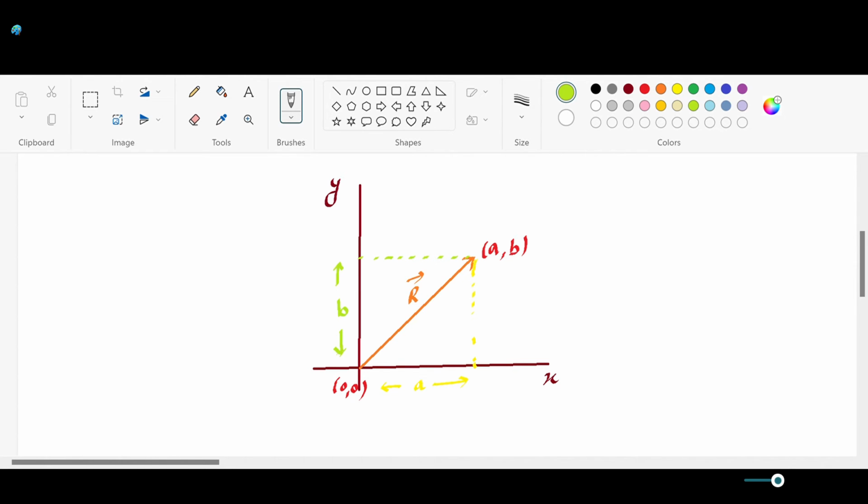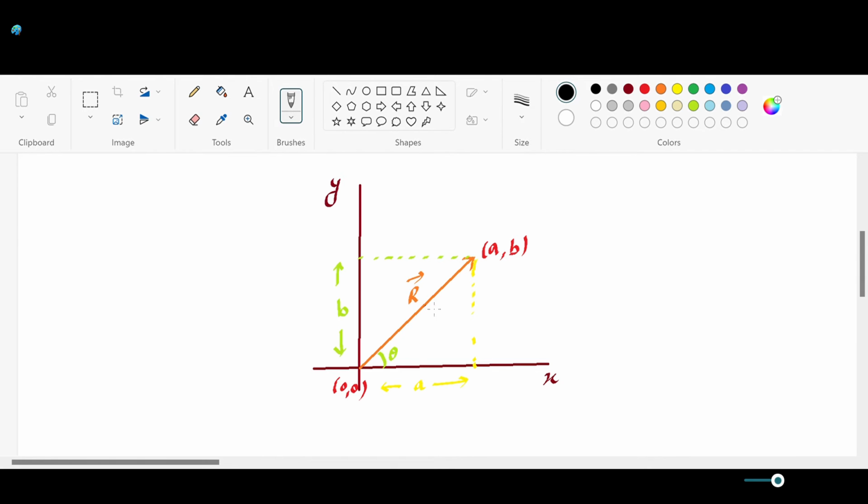Now we can represent this r in terms of a and b. But before going into that, let me say that this is angle theta, the angle of the given vector r with the x-axis. Then we can represent a and b in terms of r and theta. All of you must be familiar with the polar coordinates, so I'm not going into that. I'm just explaining the resolution, how we can resolve this vector along our x-axis and y-axis, because that will be required for your applications.